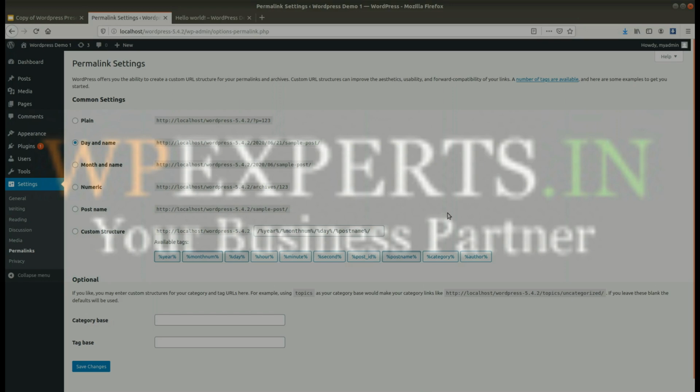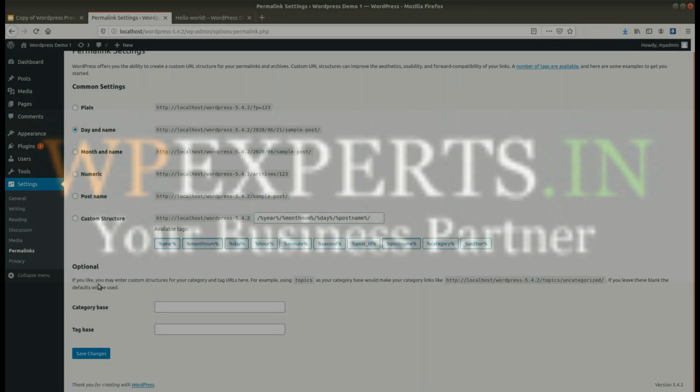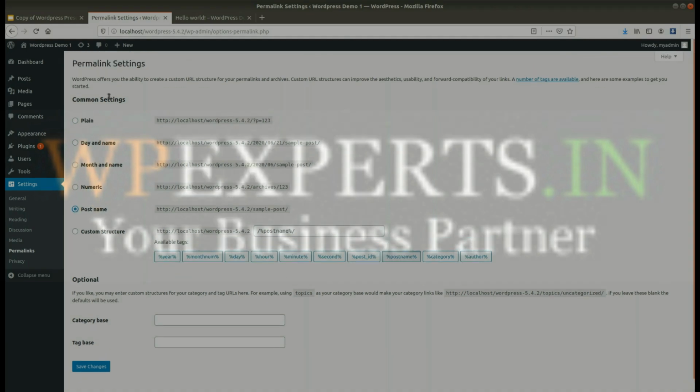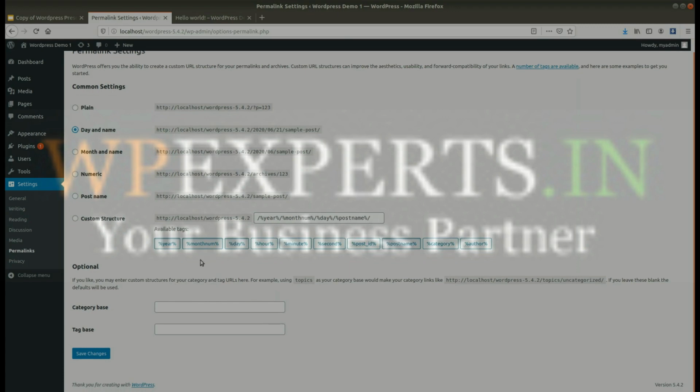In the same way you can use these settings as per your website requirement or as per your choice. If you want to give a simple post name, in that case you can select this one. Okay, so these are the settings to manage your permalink or SEO friendly website settings. And if you want a custom structure, you can use this one.